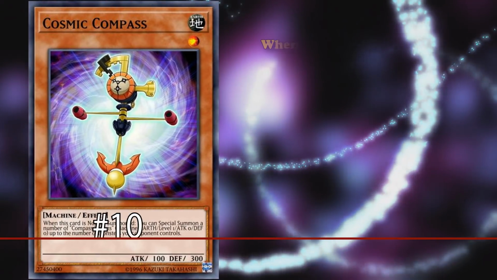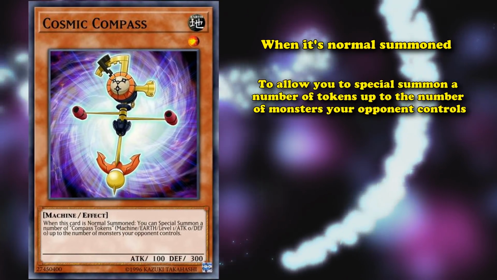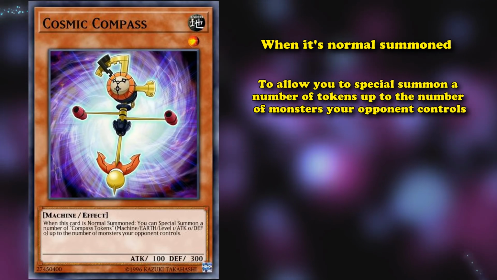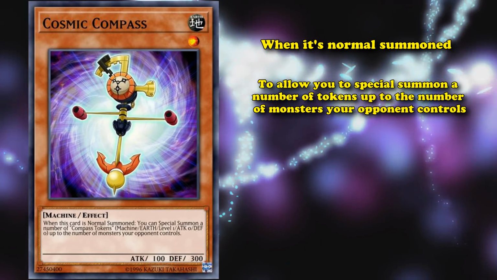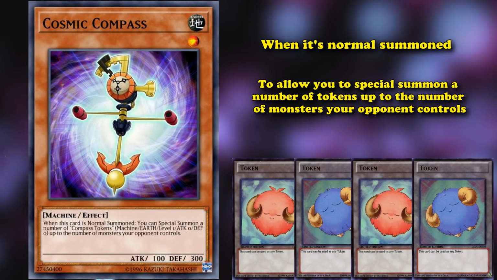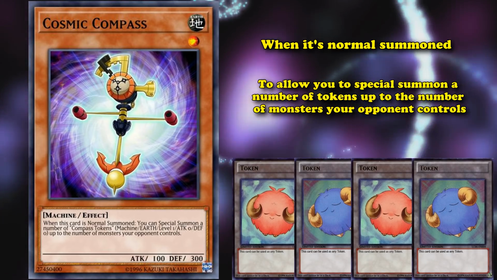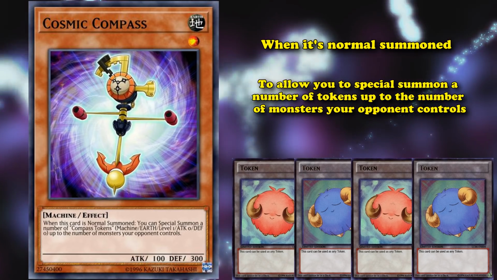This card has the effect, when it's normal summoned, to allow you to special summon a number of tokens up to the number of monsters your opponent controls. So if your opponent has a full board of monsters, this card can generate 4 tokens for you, which is not a half bad use of your normal summon, especially since tokens are incredibly useful with the new link summoning